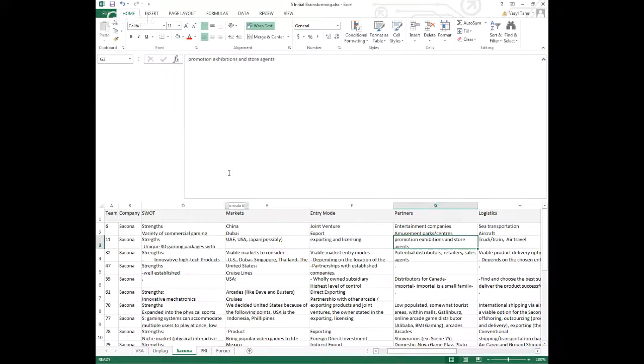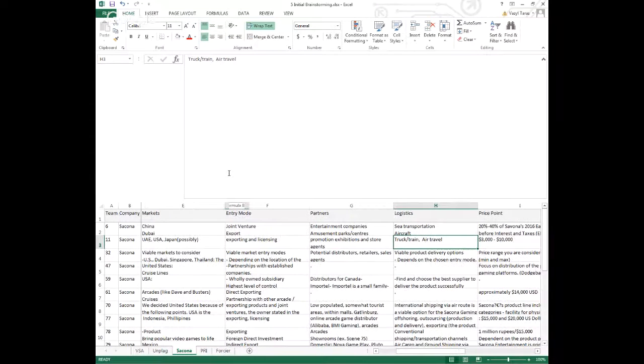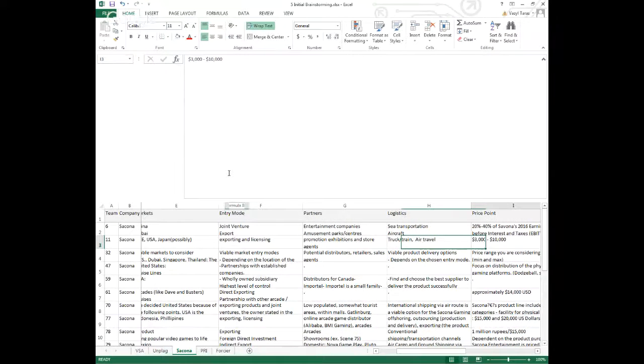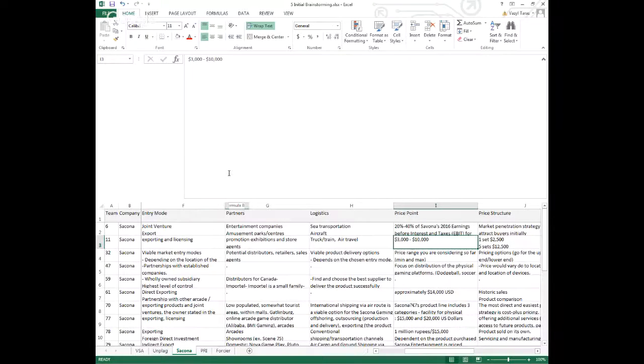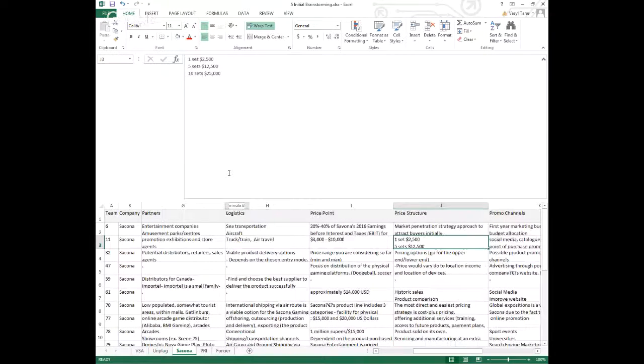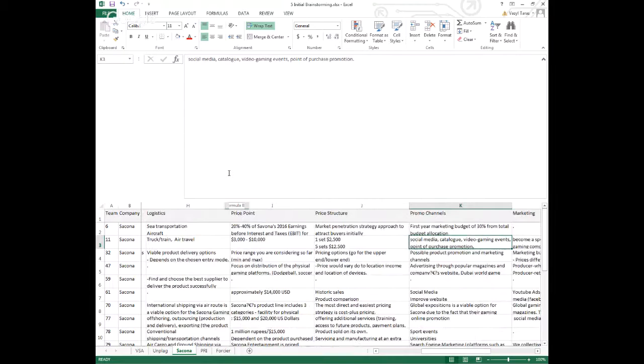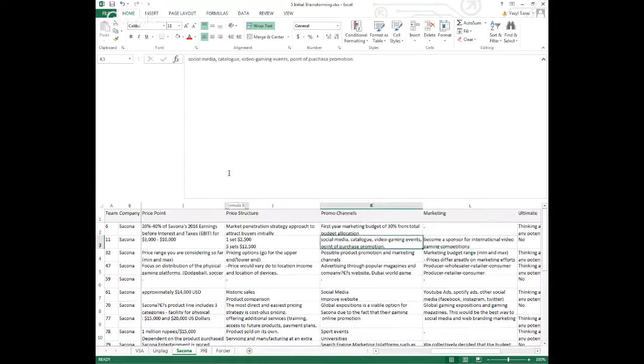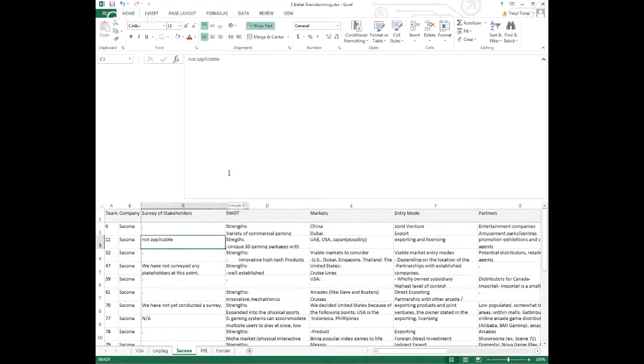So, I have some questions. Truck and train, not sure if it's a good idea given that the company is in India and the countries they propose are Japan, the United Arab Emirates, and the United States. Trucks and trains don't go there, right? And air is probably going to be too expensive. So again, I have some doubts about that. Pricing, I don't know, we can argue about that, but they have something, not much though, and so on and so on. So clearly the second one is weaker than the first one.